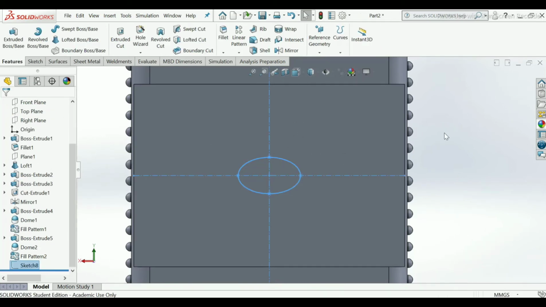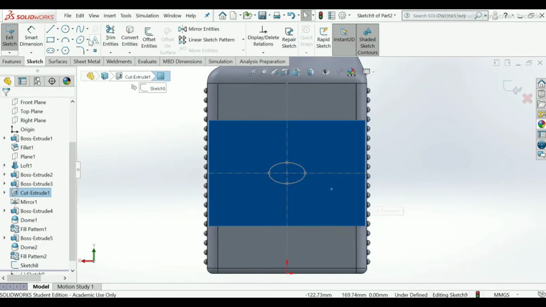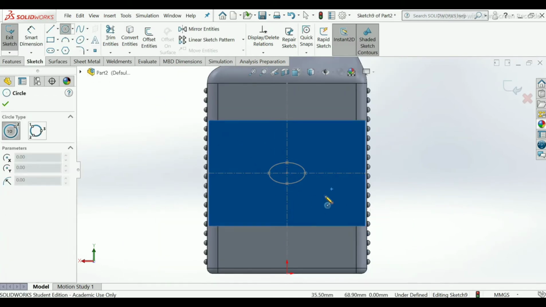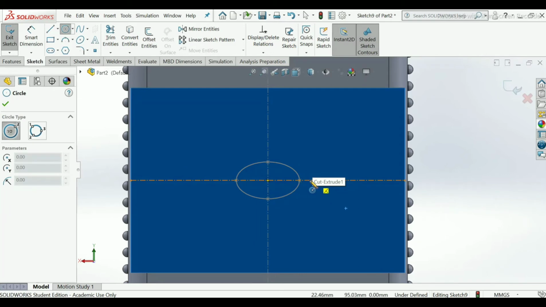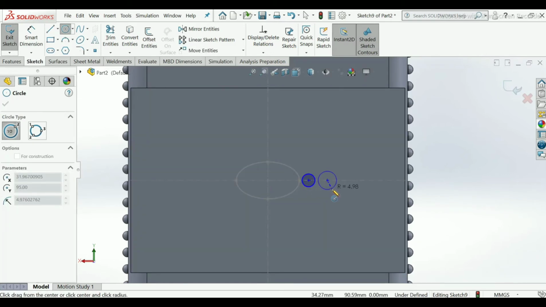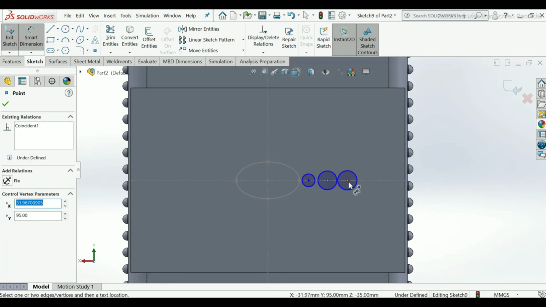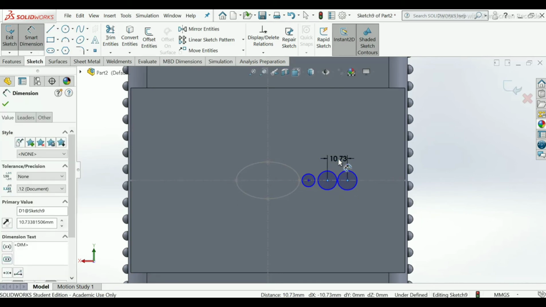exit. Again select this face, sketch, make 3 circles linearly on this center line. Give the distance of each 2 circles as 10 mm.